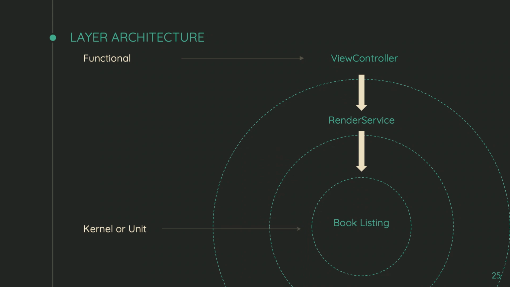But like I said earlier, you can have really fast tests, but it's not going to catch everything. And this is why. As you can see, if I don't have any other tests, my render service and my view controller won't be covered. It's not going to know anything about my book listing. So those are opportunities for more bugs to happen in that part of my application.